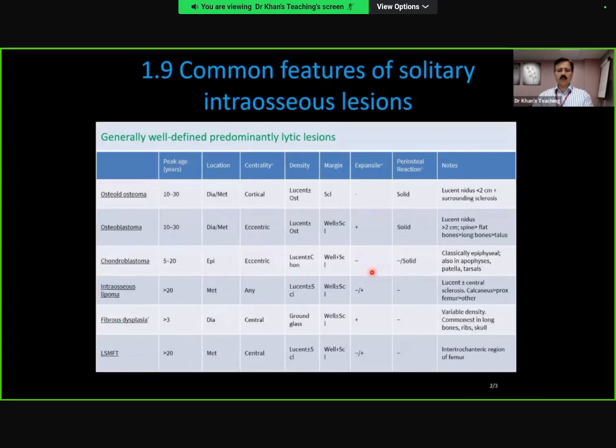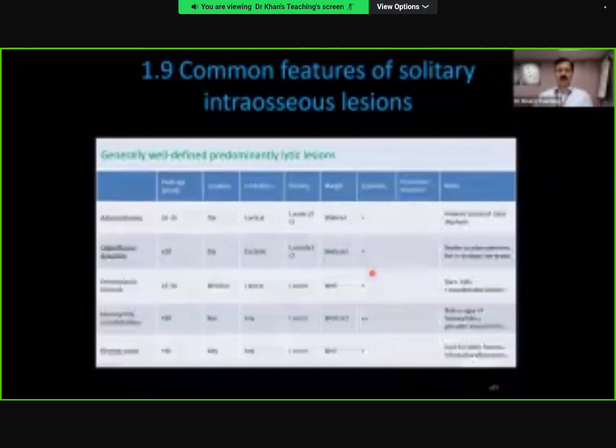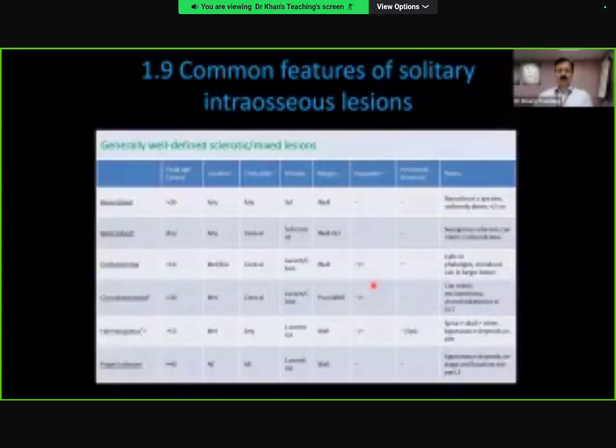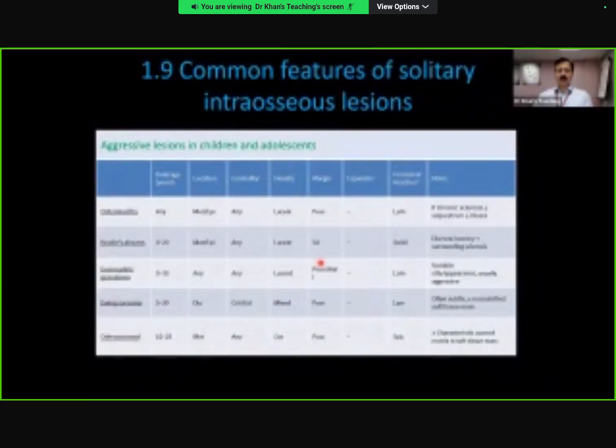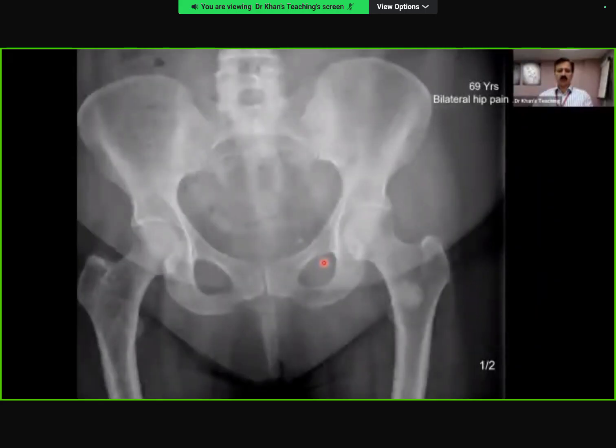In the latest Chapman, you can see all of these things beautifully produced in a tabulated form, and the take-home points are given there. I find them very useful, so I'll recommend that you go through them, and I'll put them in slides also during the session today. Okay, so with this background,